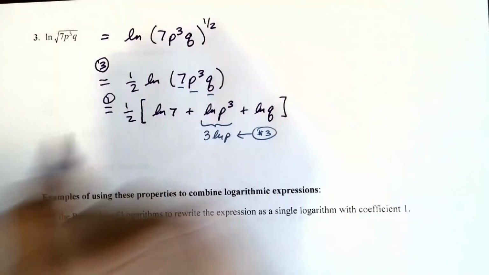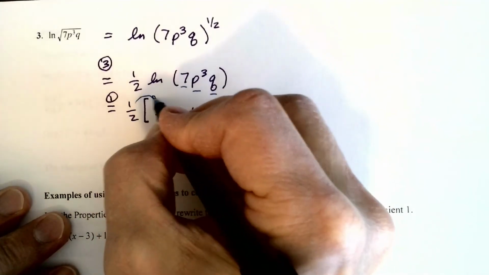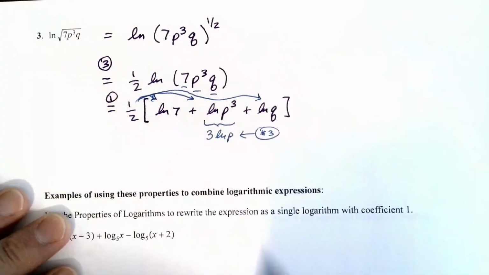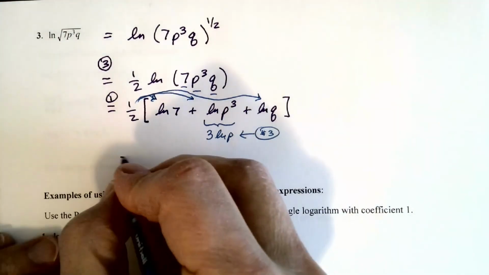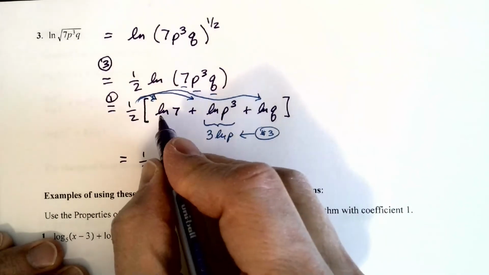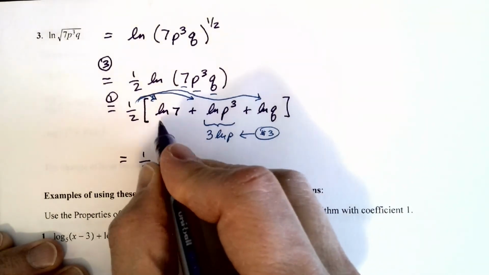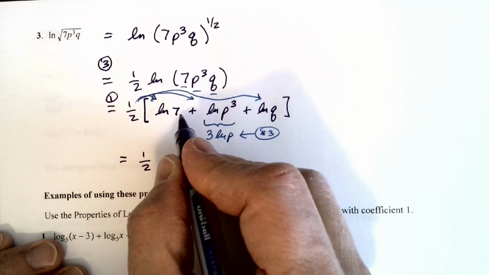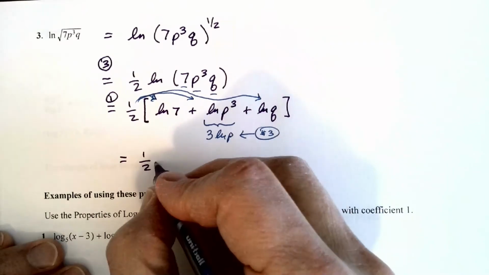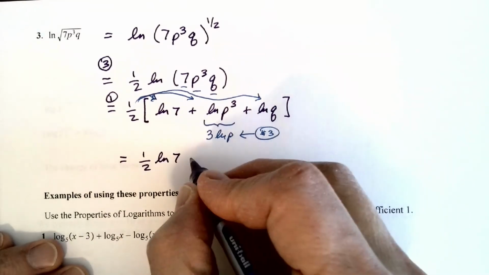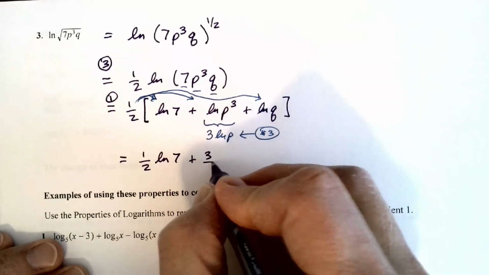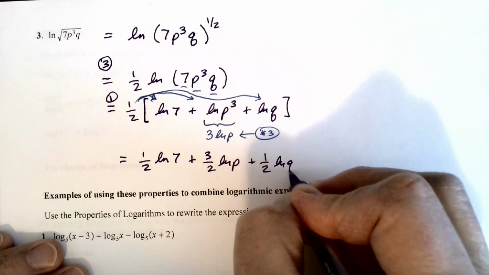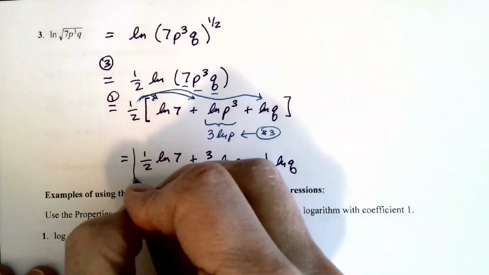And so if I distribute now this 1/2 through, right, to all three terms, then what do we get? Oh, by the way, natural log of 7, remember we said to evaluate logarithms if you can. I don't know the power of e needed to get 7. E to what power equals 7? It's not an easy one. So we're just going to leave that as just ln of 7, natural log of 7. Plus 1/2 times 3 is 3/2 natural log of p plus 1/2 natural log q. And there's our answer,